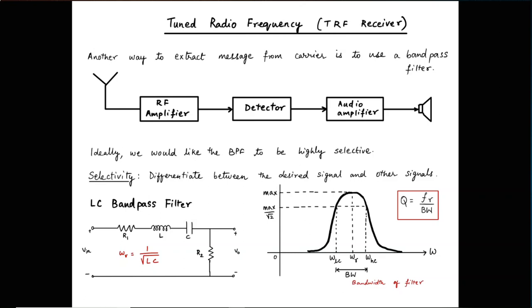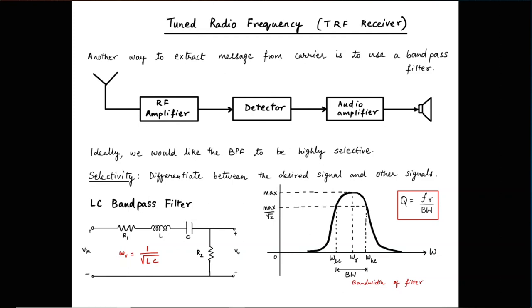In this lecture, we will take a look at the tuned radio frequency receiver, the TRF receiver. We will take a look at the relationship between two aspects of a receiver, one being the tunability and the other being the selectivity of a receiver. We will take a look at an example to illustrate that dependence of these two parameters of a filter, the